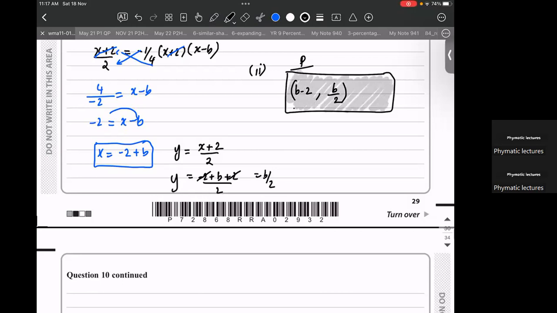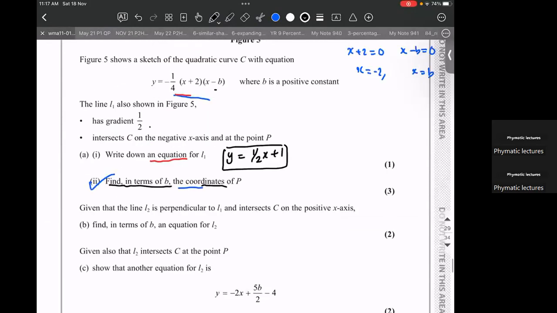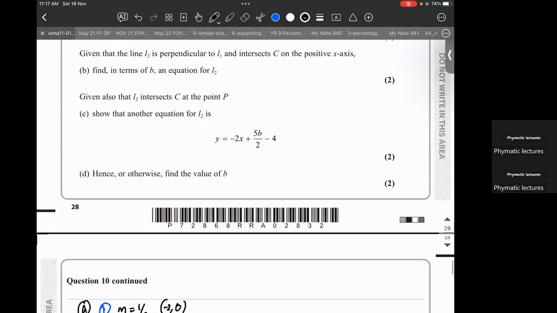So now we got the coordinate P. So we'll also write down here. So what is the coordinate? The x coordinate is b minus 2. The y coordinate is b by 2. Clear? Now, given that the line L2 is perpendicular to L1 and intersects the C on positive x-axis, find in